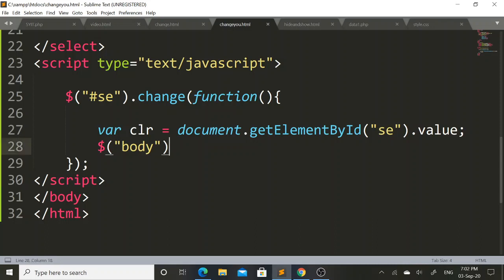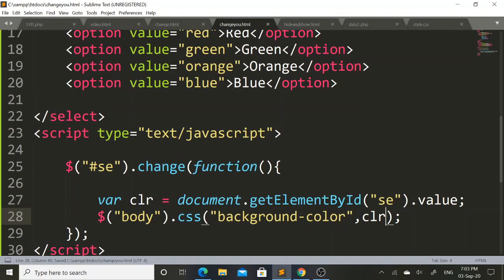So again using dot operator I will set CSS property, and in this CSS property I will pass two parameter. Within double quote, first parameter is background hyphen color, and second parameter is CLR variable. So whatever the value will get stored in this CLR variable, that particular color will set as a background color for this web page.